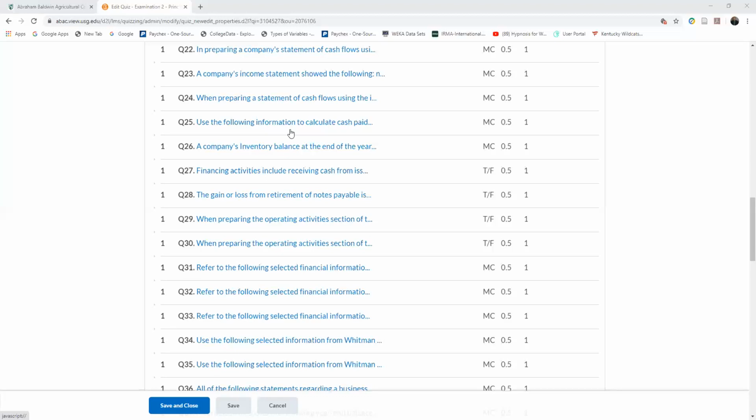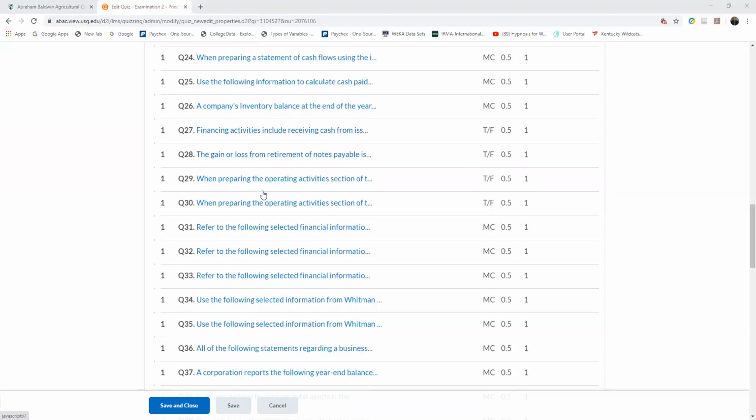In terms of the stocks, if I put new stock out in the marketplace and they're purchased by investors, then that is a source of cash. If I buy my own stock back up and put it in the treasury, that would be a use of cash. Okay, so you want to take a look at things like the gain or loss from retirement of notes payable, what happens to that, how you deal with that. And then again, operating activities,